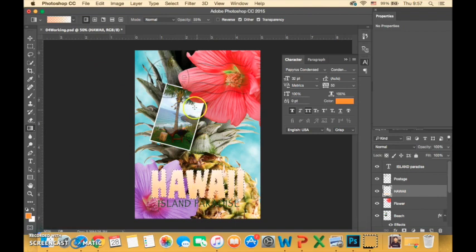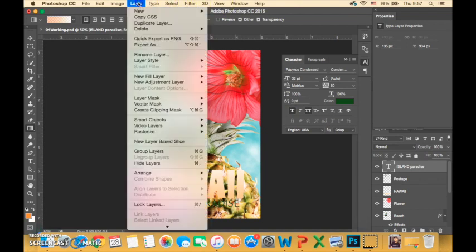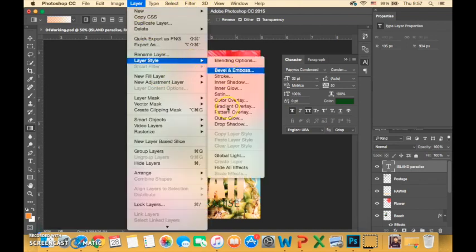And then you choose Select to deselect. So you add a gradient color to Hawaii. And next step is applying a layer style. We need to select Island Paradise layer, and then choose Layer, Layer Style, Drop Shadow,